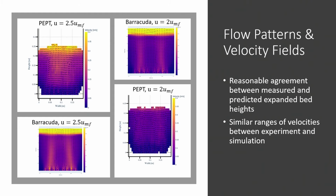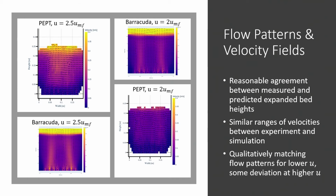We get a similar range of velocities. So obviously in this particular case, we're not looking at complete quantitative agreement, but we're getting the same ranges of velocities. And for the lower velocities, we get the same flow patterns. This is still a work in progress, but the point is you can see that this Barracuda model is painting a realistic picture of this